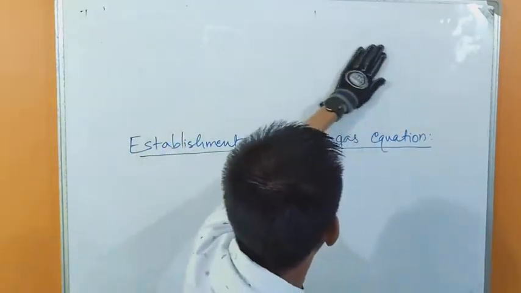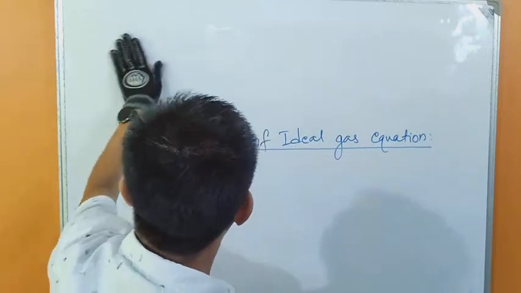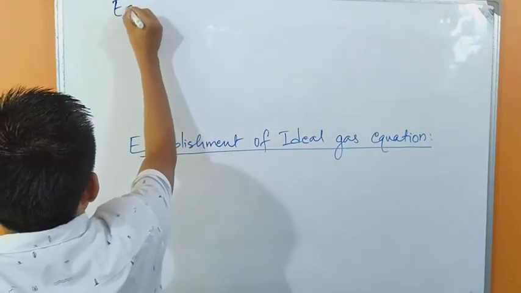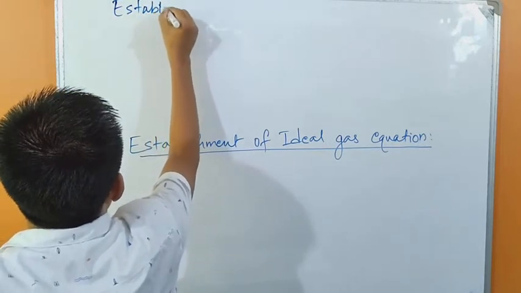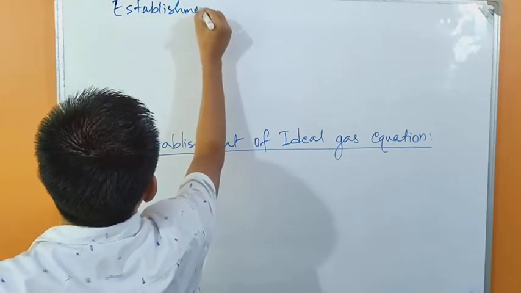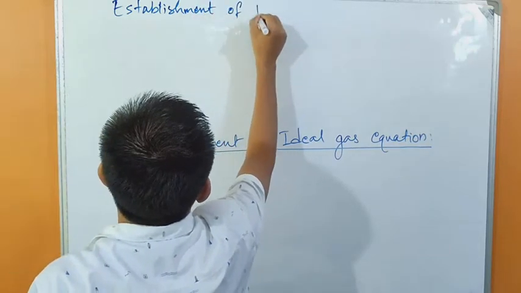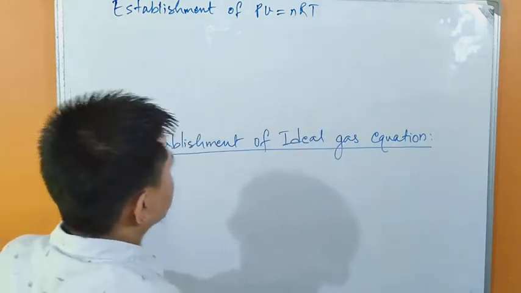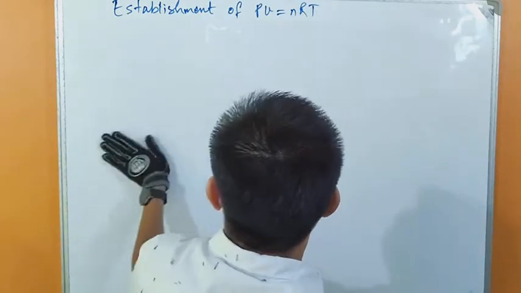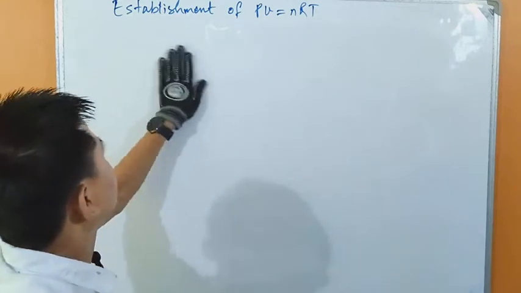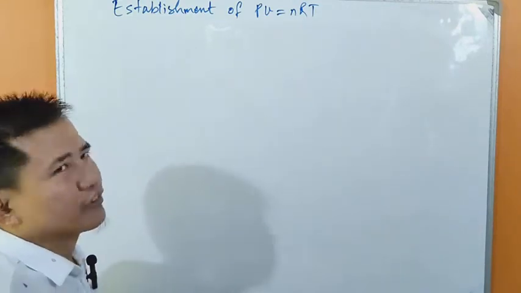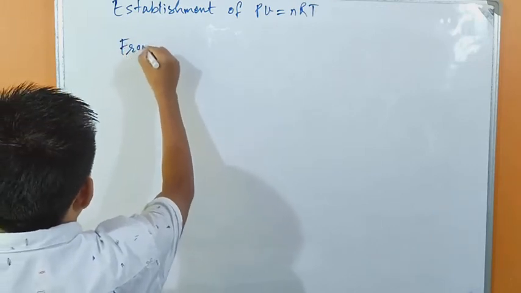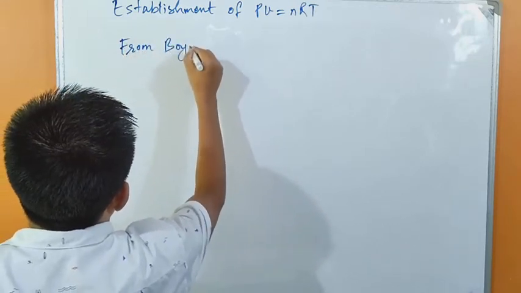Establishment of the ideal gas equation. Establishment of PV equal to nRT. This is the ideal gas equation. Now we will establish this relation. From Boyle's law, we know that